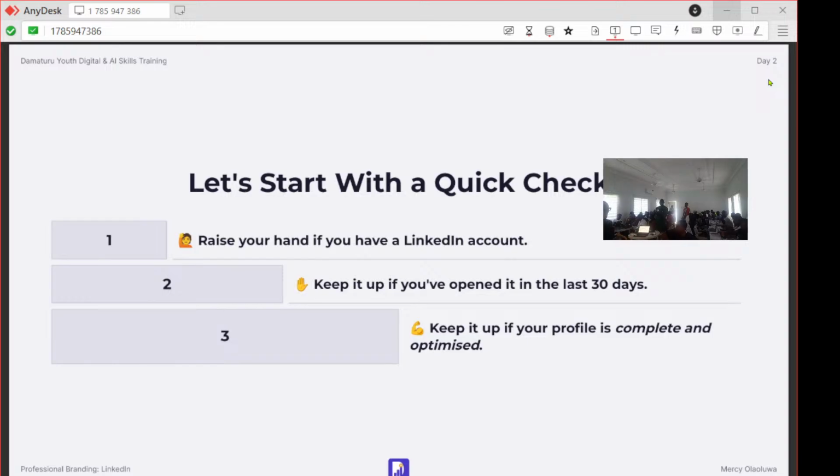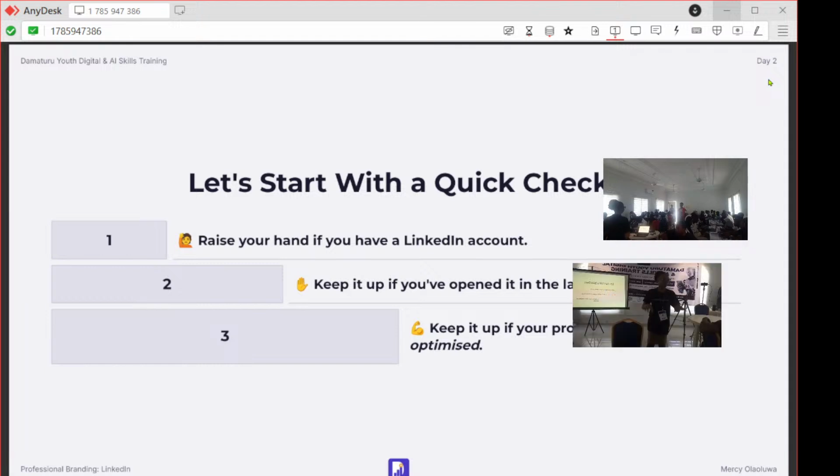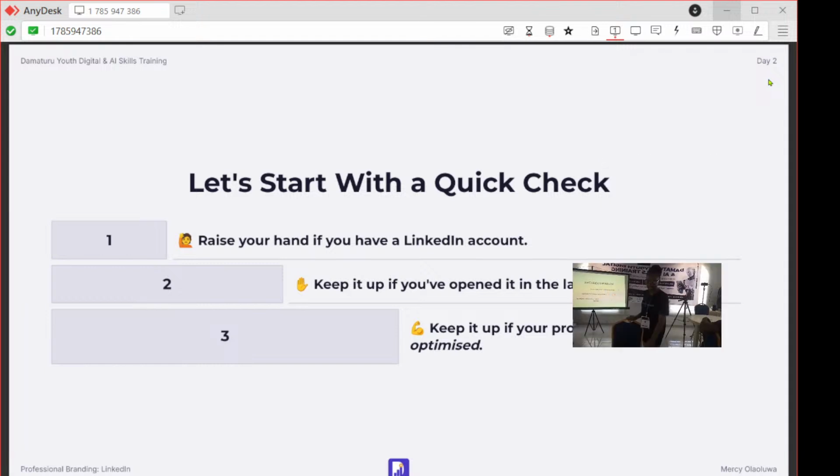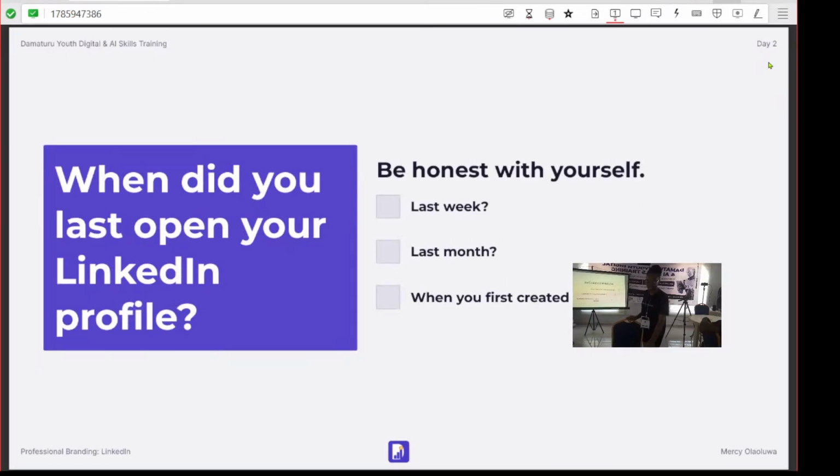So if you have any accounts, if you open your LinkedIn site, if you checked your LinkedIn account in the last 30 days, can you raise up your hand? If you think your profile is complete or optimized, can you raise up your hand? Now we have very few hands, so we'll try to